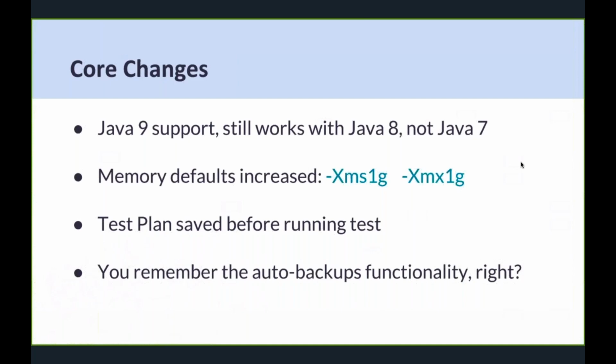One big change is that the test plan is now saved before running a test, which means that there won't be a situation when you have run a test and you close the window and didn't save your test. The test is automatically saved